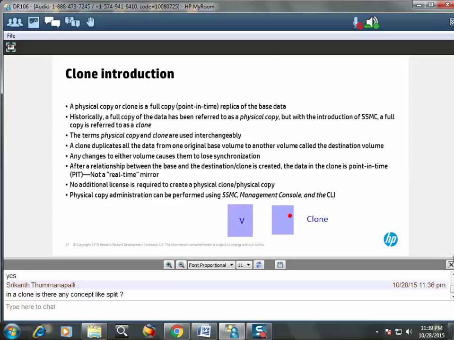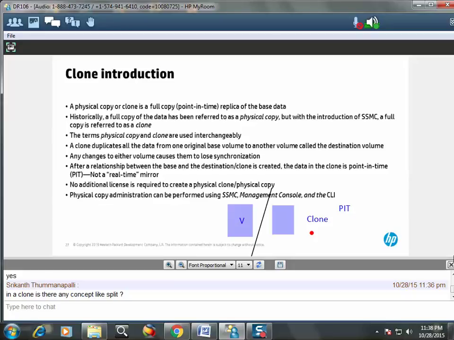And essentially, this volume and this clone is like a mirror. So if you wanted to use this, because this is a real-time mirror in some arrays, when I hear you use the term split, oftentimes in some arrays, since this is a real-time mirror, you have to split this, or basically get it point in time, right? You split it to get this point in time, so maybe you can use this for a backup or testing,